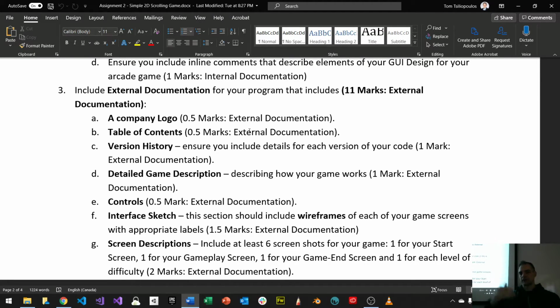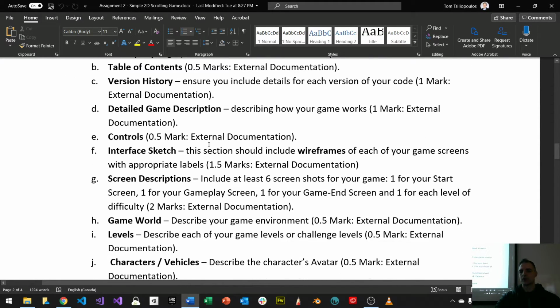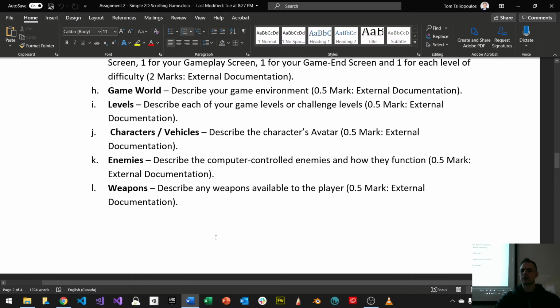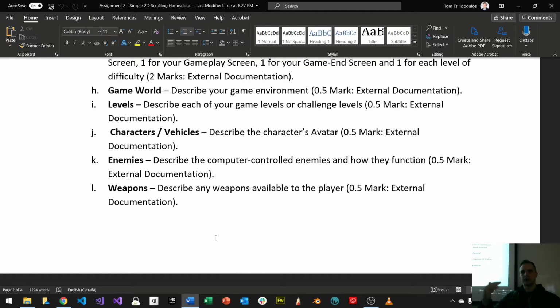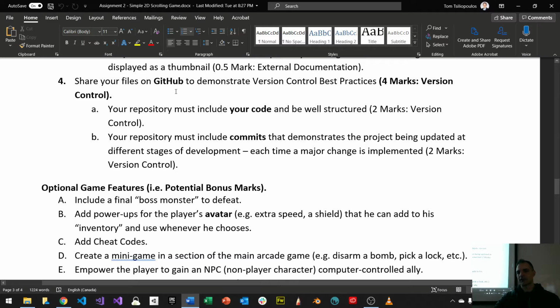And then you can have some basic stuff, your logo, your contents, your history, all that stuff, just like we've asked in the past. Interface sketches like a wireframe, and you kind of did all this already for your assignment 1, if you did it properly. You make some basic descriptions and basically tell me. You don't have to even use a template too much. Just tell me what you're doing. What are you making? As long as you hit all these details, I'm good to go. If you make it pretty, it's going to be nicer for you, right? Okay, and then share your files on GitHub.